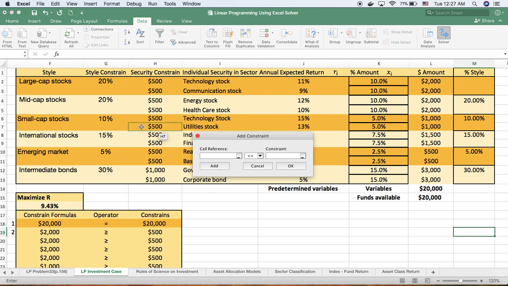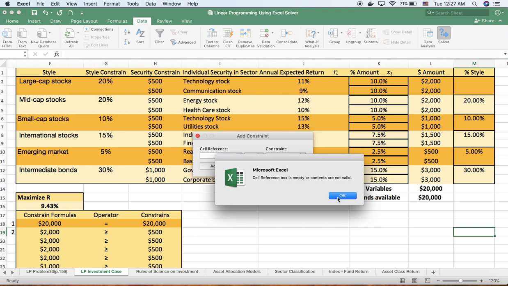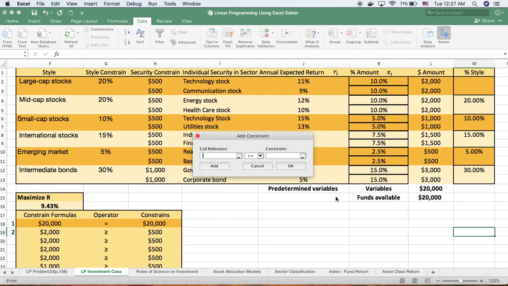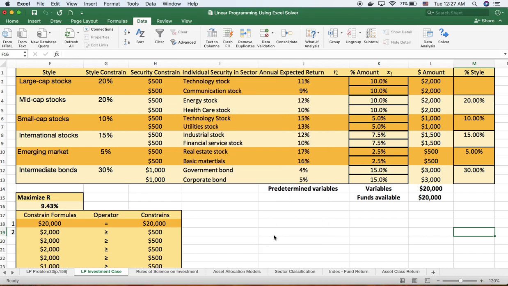Now we come to the constraints of the style. I forgot to set this in. I need to cut the style. Okay, just click OK. Okay, cancel. After cancel, we already have 3 constraints, but because I forgot to tell you how to set the constraint of the style, it is